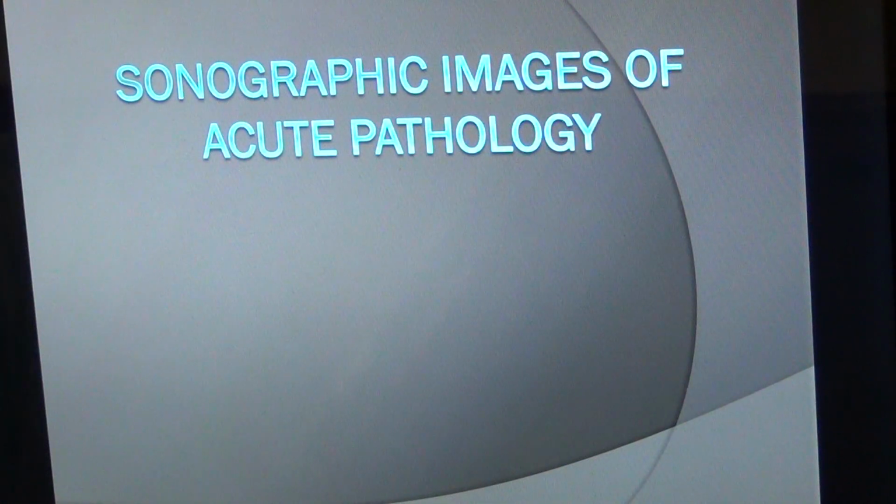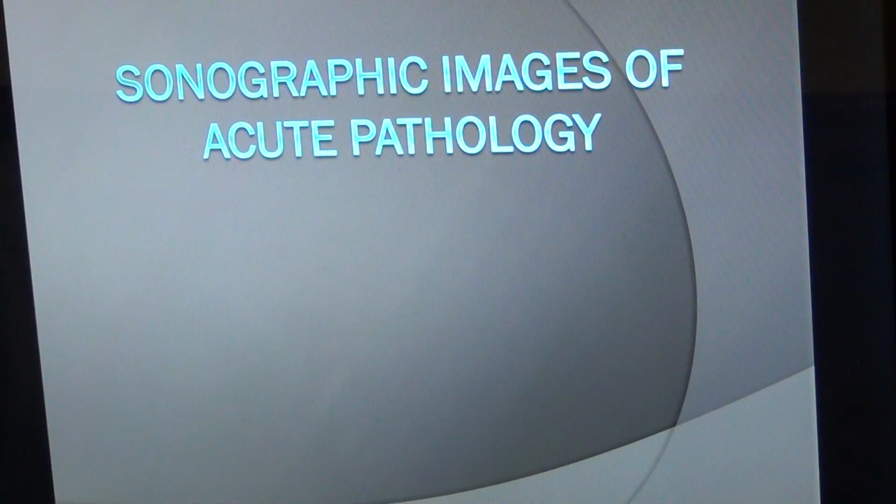Today I would like to show you a couple of sonographic images of acute pathology. I made this PowerPoint presentation by aggregating a couple of acute pathological conditions that mostly happen in the human body, mostly in the abdomen and the pelvic area. So I hope you will get clean and clear information and an idea about how to describe the acute pathology